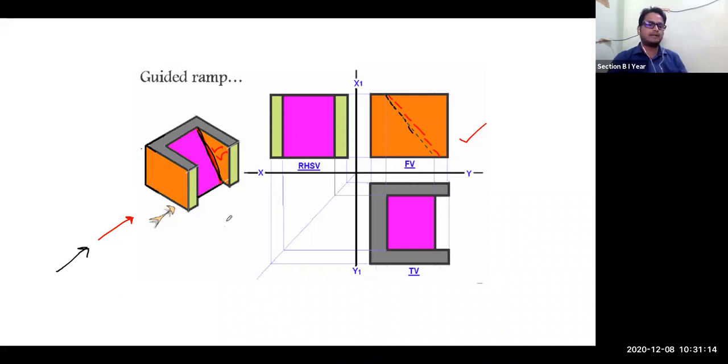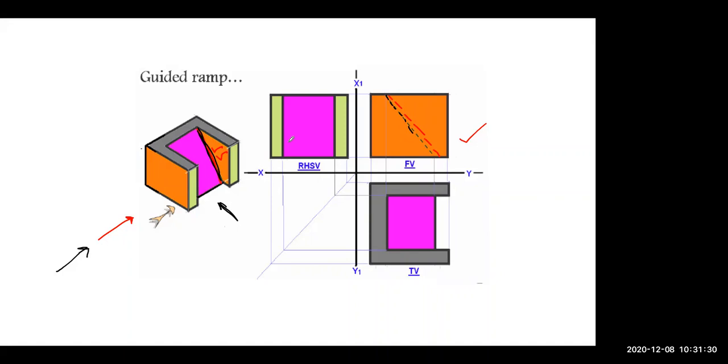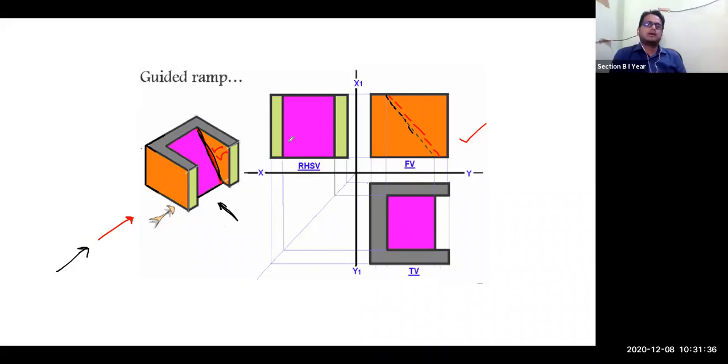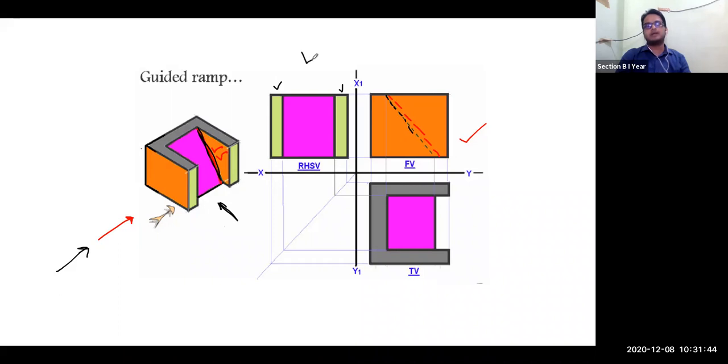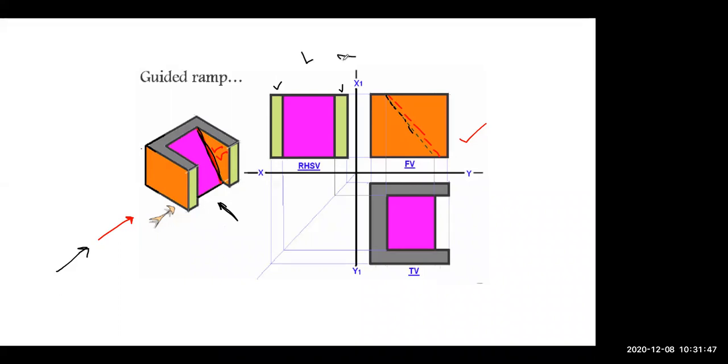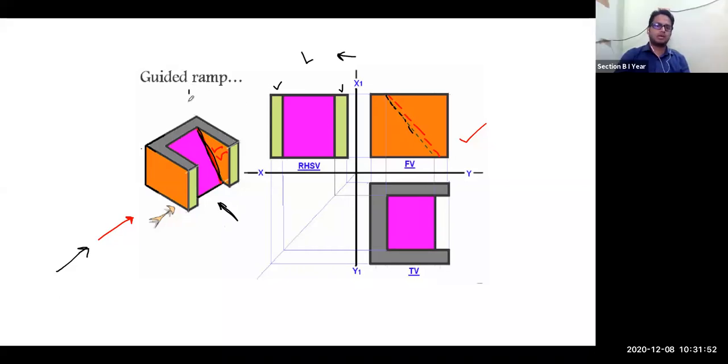Now come to your right hand side view. If this is the observer, this will be right hand side. So if you are looking at it from the right hand side, you will be able to see which colors? Light green and pink. Okay. So these are the two colors that you are able to see in your right hand side view. And this right hand side view is coming where? To the left hand side of your front view. Similarly, this is your top view.